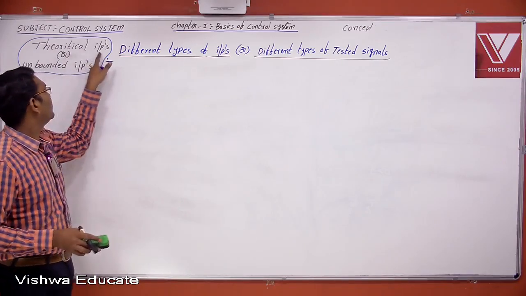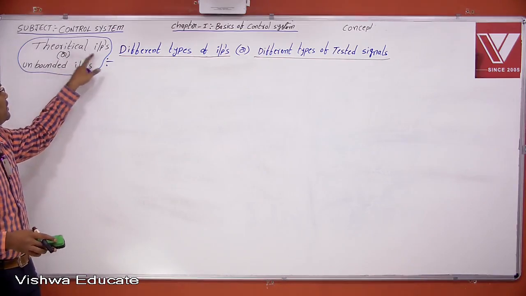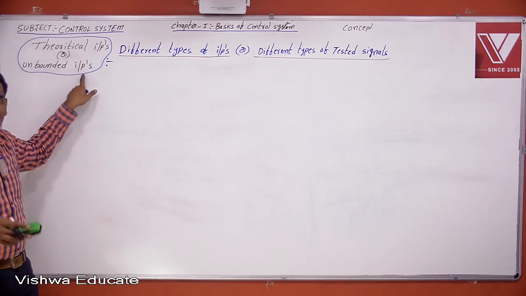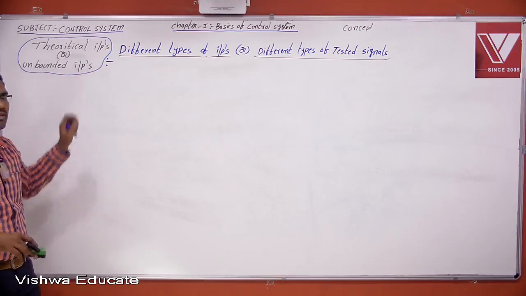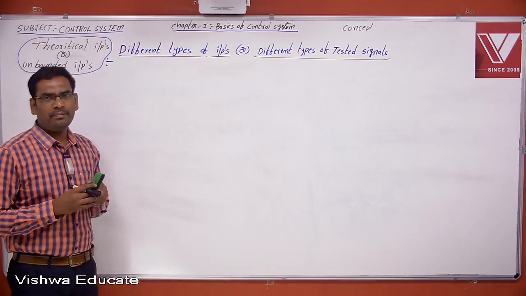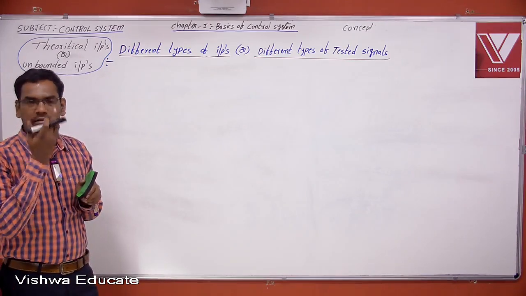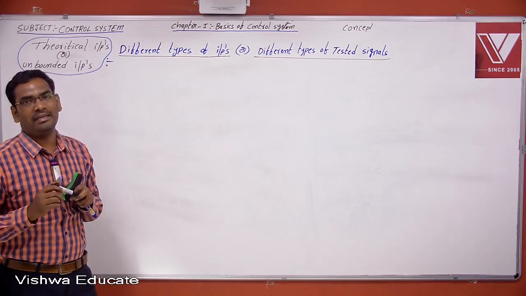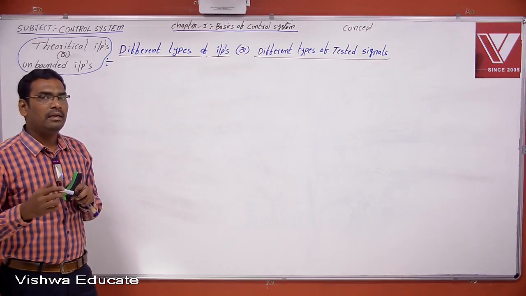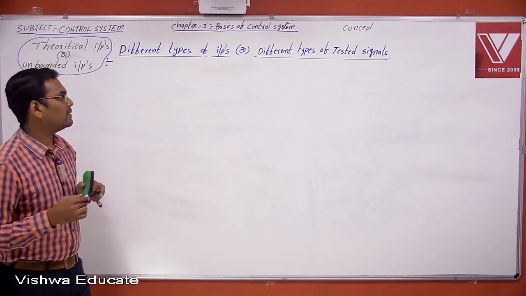Now this is theoretical inputs or unbounded inputs. Another category of theoretical inputs are unbounded inputs. Then we just covered ramp input, parabolic input. Then there is one more input which is also available, and that is the best input for all the theoretical or mathematical calculations. I think that input is also very famous, very familiar to you, and that is nothing but,